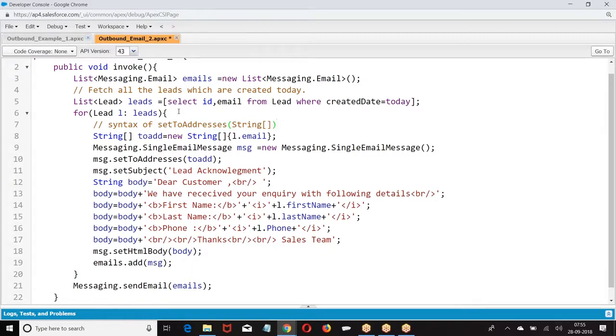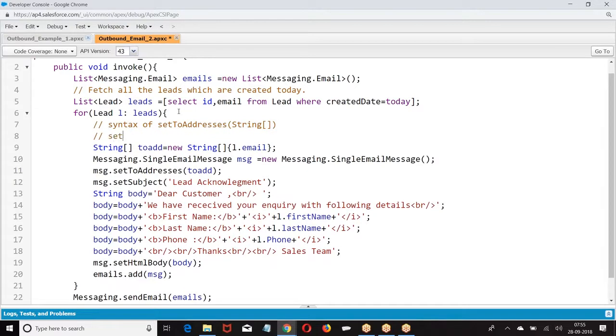Now, if the syntax is to address integer, what will you pass to this method? What is the input you pass to this method? Integer. If integer is expected, an integer value will be passed. Why so surprised, boss?